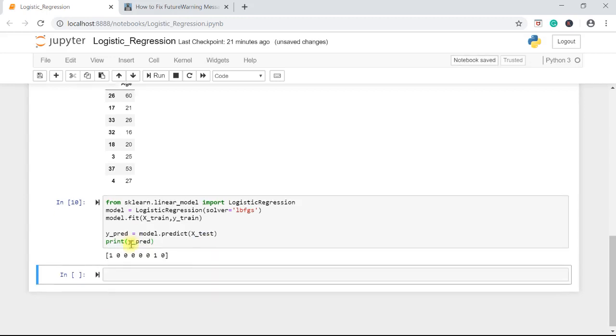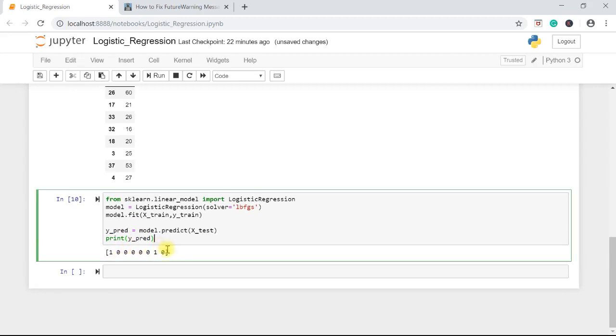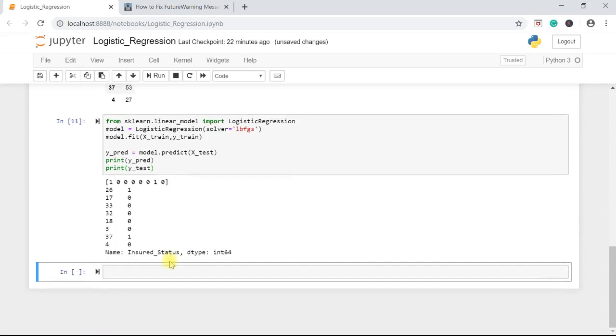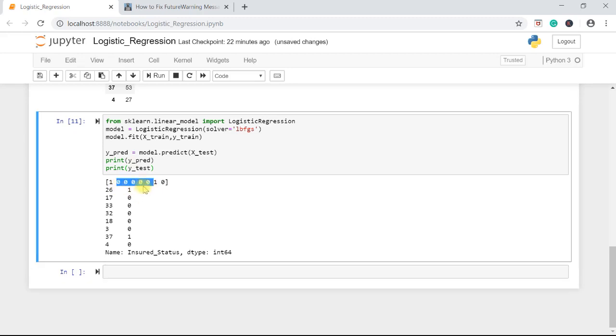you can see the values are 1 0 0 0 1, and if you want to also check the values of y test, so y test are the actual values, and ypred are what we have predicted here. So this is what we have predicted, 1 1, which is matching, and then you can see all 5 are zeros, so then we have 5 and then 1 and 1. If you check, as we have a very small data set and most of the values are, when we have plotted this using the Sigmoid function,